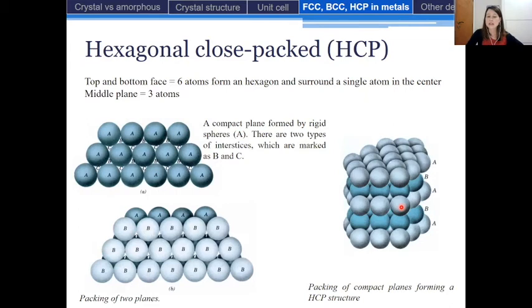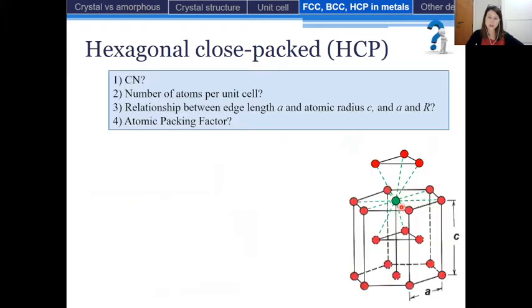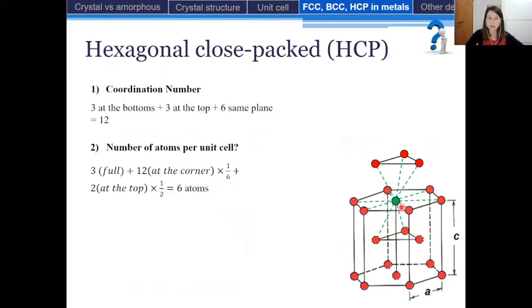factor. And so once we describe the hexagonal close packed crystal structure, we can answer this question: what is the coordination number, the number of atoms per unit cell, and so on. So let's start with the coordination number. The coordination number is quite easy to calculate and to visualize, considering the atom that is placed at the center of the top layer. Okay, so at the center of the